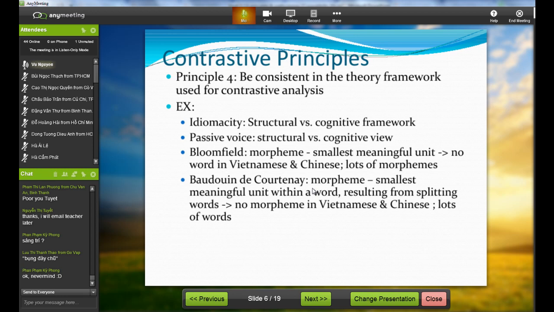For example, coming back to the case of to kick the bucket, cognitive linguists believe that we can decode the meaning of the idiom if we know, number one, the cultural context. Number two, we know the conceptual metaphor that activates or motivates the meaning of the idiom. So, kick the bucket